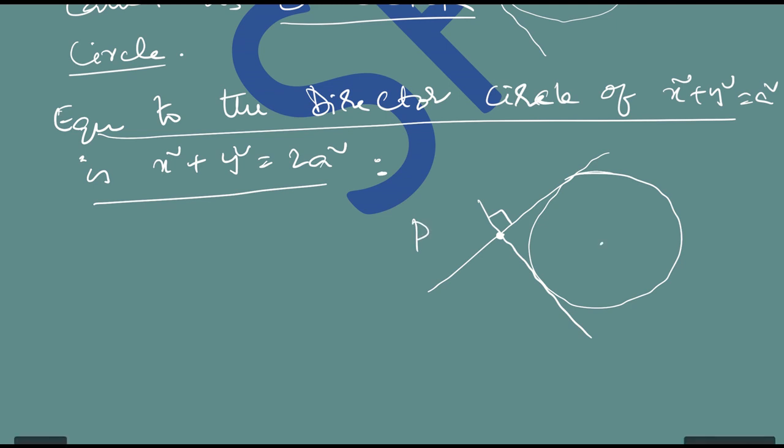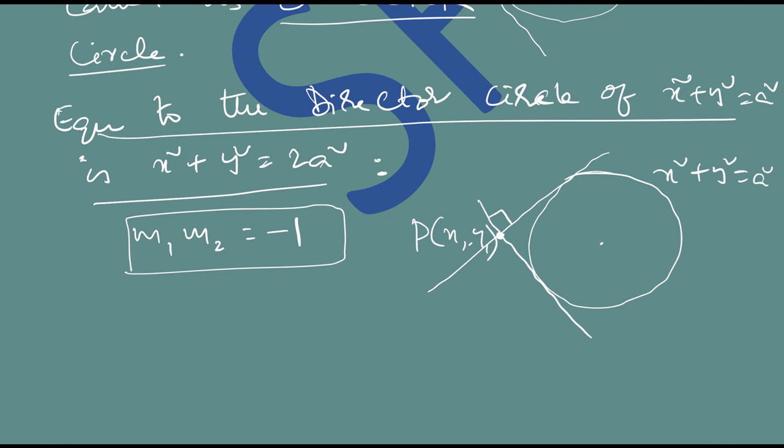Okay, the circle is x square plus y square is equal to a square. Let me call this point as (x1, y1). You see, this is a situation where we employ technique 2. When do we employ technique 2? When we need to find the locus of the point of intersection of tangents. Here it is the point of intersection of tangents only, but you should give a condition in terms of the slopes. You see, the tangents are perpendicular. That means the product of slopes is equal to -1. So I have a condition in terms of the slopes, so this is the right situation for me to apply technique 2.